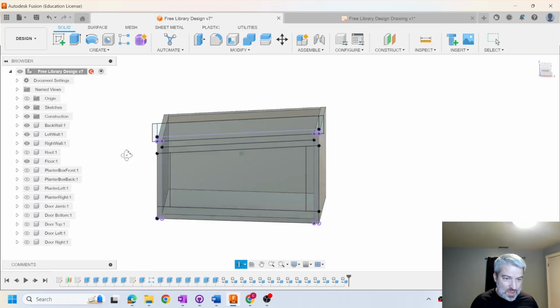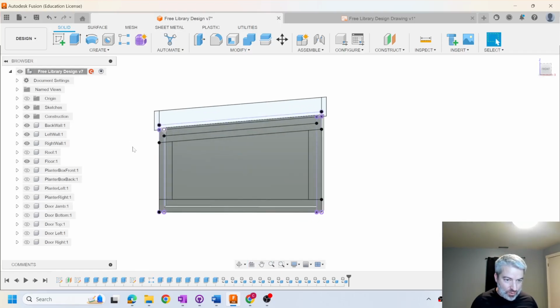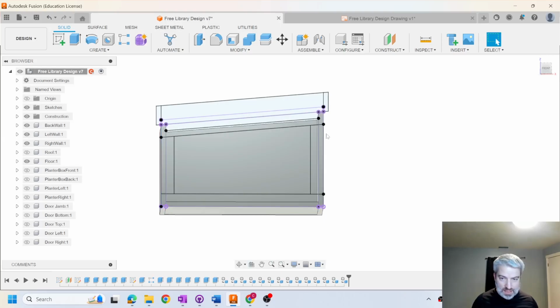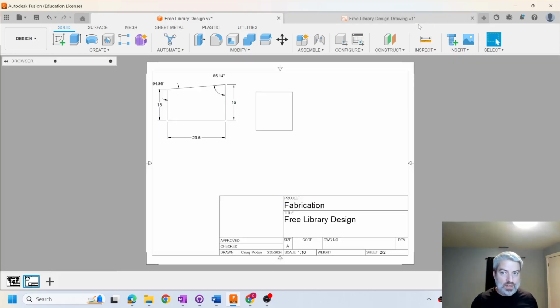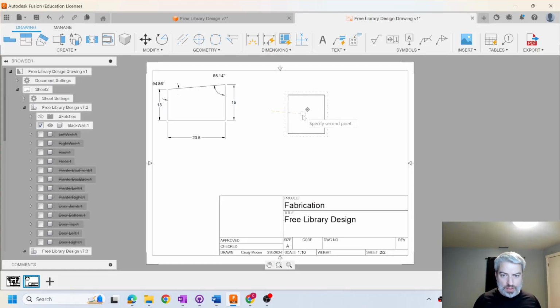Here are some sketches too, but you can see that this one is actually at an angle. This left side and this right side are at an angle. So these are some things you're gonna have to think about. Fusion's not gonna do everything for you. We'll have to think some of these things through. So let's do that. We can also do projection on this to think about this being from the front,